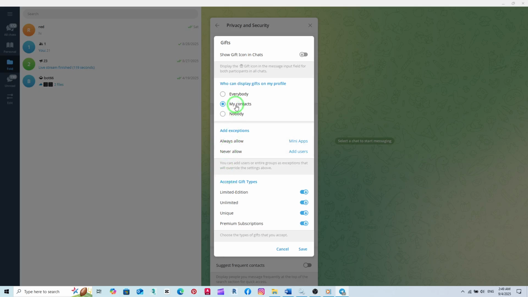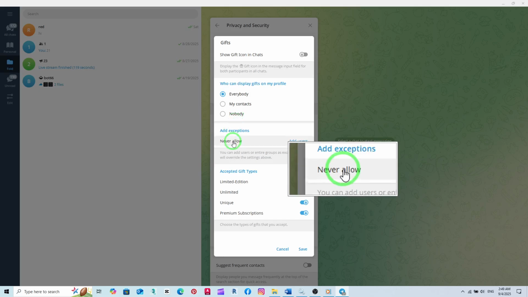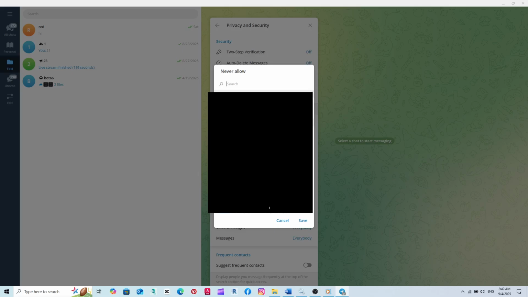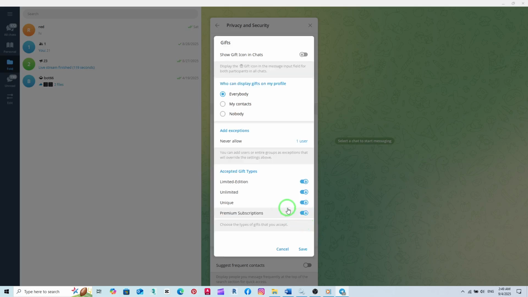Now, since the goal here is to block specific users from displaying GIFs, keep the general option as everybody. After that, look closely for the section labeled Never Allow. Next to it, you'll see an option to add users. Click on it. At this step, Telegram will open up your contact list, allowing you to choose the users you'd like to restrict. Select the people you don't want displaying GIFs, and then hit Save at the bottom of the